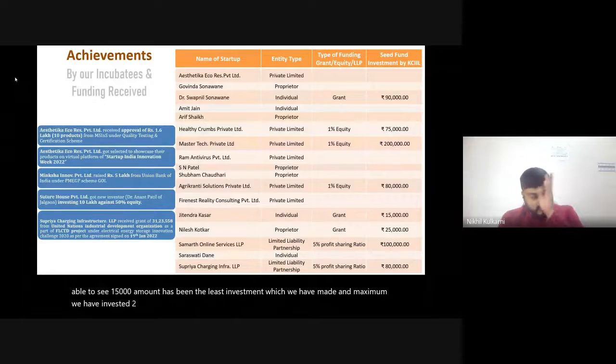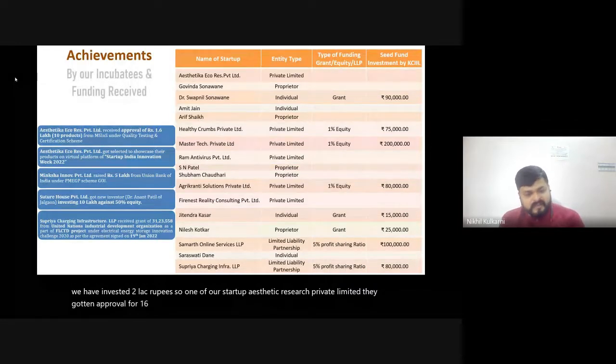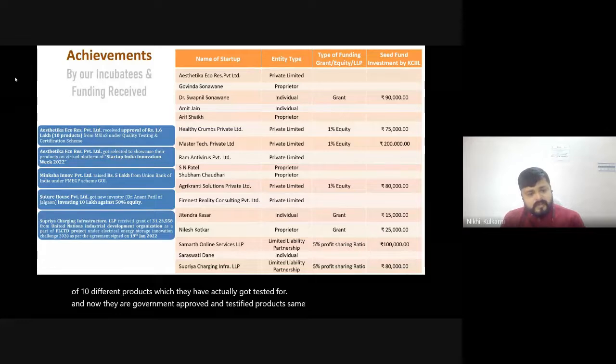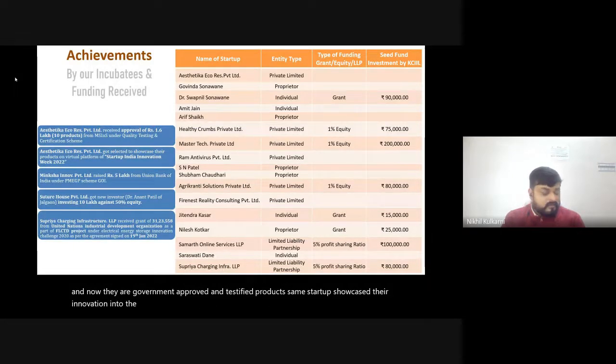One of our startups, Aesthetica Eco Research Private Limited, got an approval for 1.6 lakh rupees from MSINS for quality testing. They have a product basket of 10 different products which they have got tested from NABL accredited labs, and now they are government approved and certified products. The same startup showcased their innovation at the Startup India Innovation Week 2022, which took place from 11th to 16th of